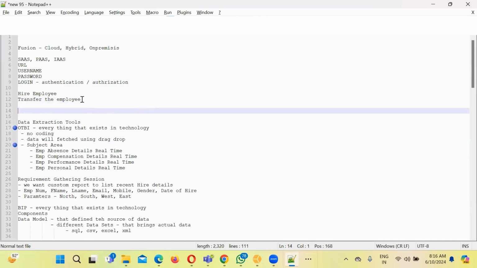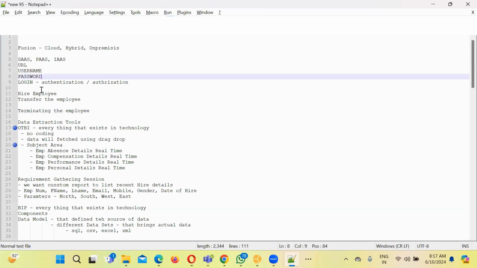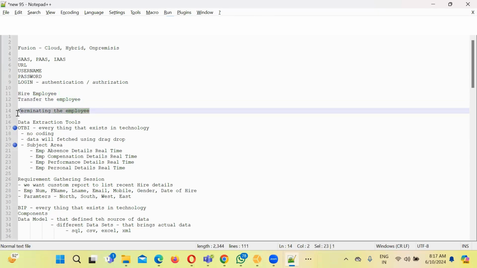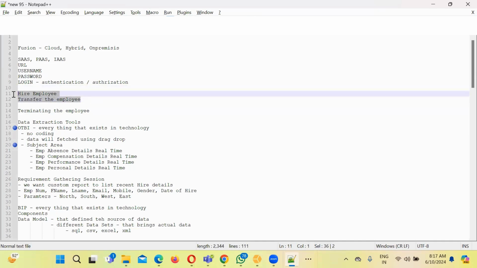In addition to that, there is something called terminating the employee. This user who has logged in has only these two authorizations. He can perform these two sets of data operations or transactions. He is not authorized to do this sort of operation. Clear? So anybody who has certain authorizations can perform those activities or functionalities, and the rest of the things